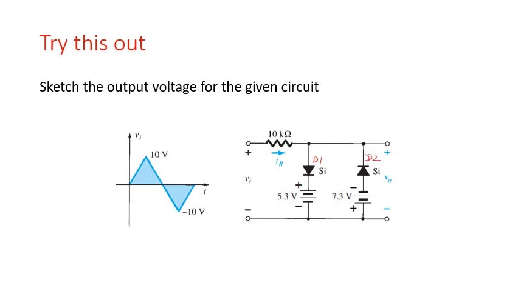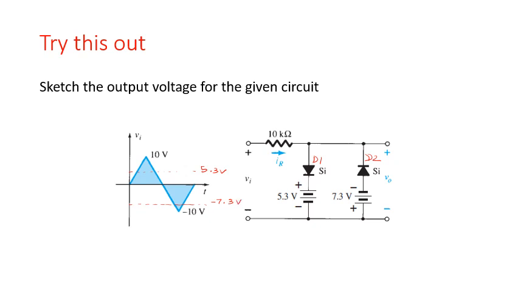You can see plus 5.3 volts over here. So you draw plus 5.3 volts, one straight line of 5.3 volts. And I can see minus 7.3 volts here. So I draw a line of minus 7.3 volts. This has almost become an 8, but it's okay. This is minus 7.3 volts.